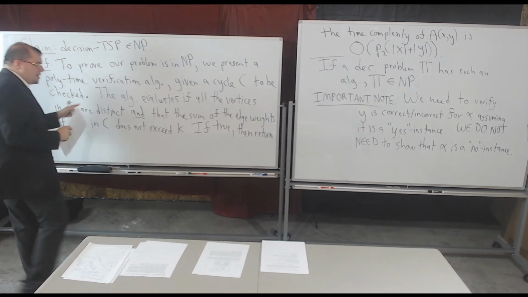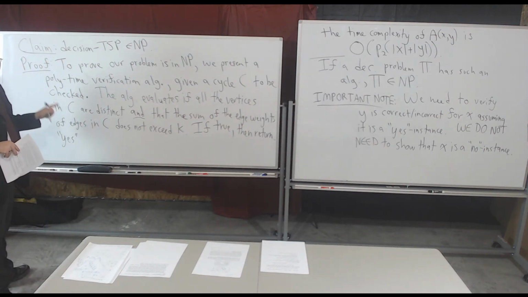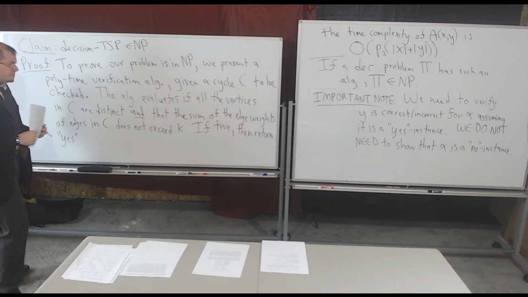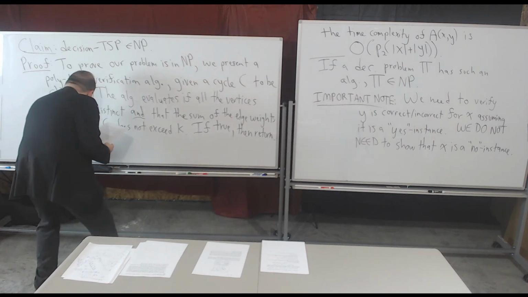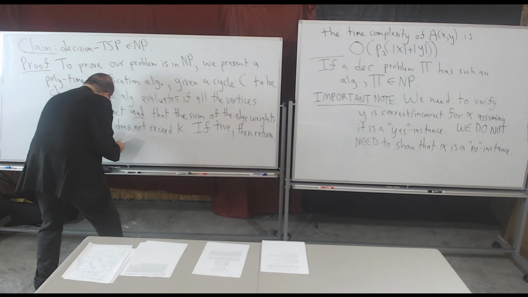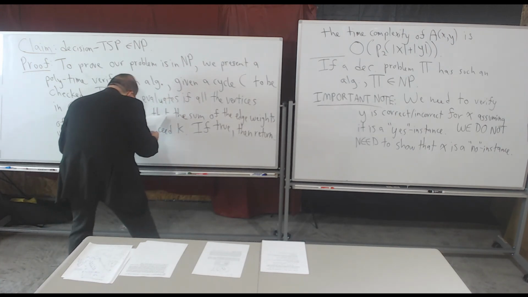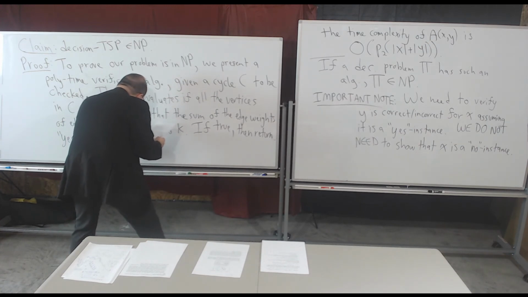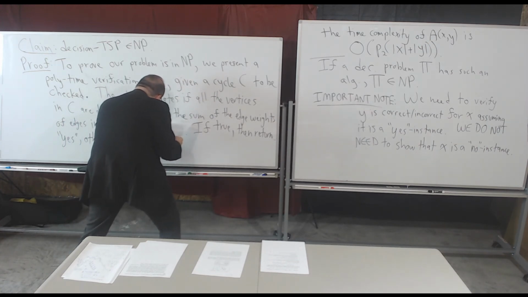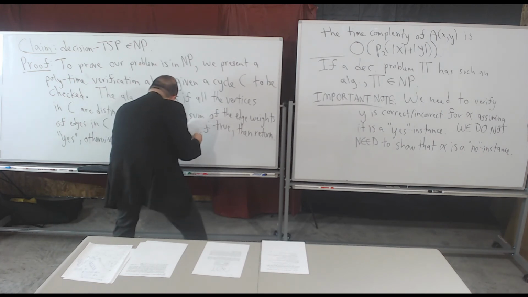Now what do we do if any one of these two is violated? That means that we do not have, in fact, a TSP tour of cost at most K, right? It's either not a TSP tour or it exceeds K. Otherwise, actually, we'll not make that a semicolon. Let's just make it a comma. Otherwise, when false, return